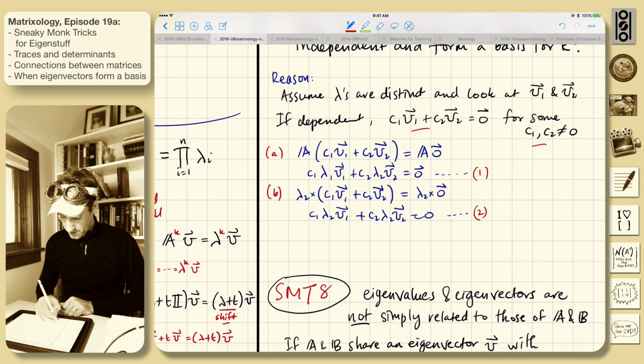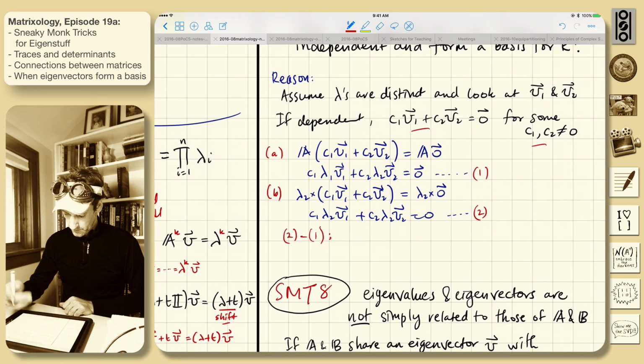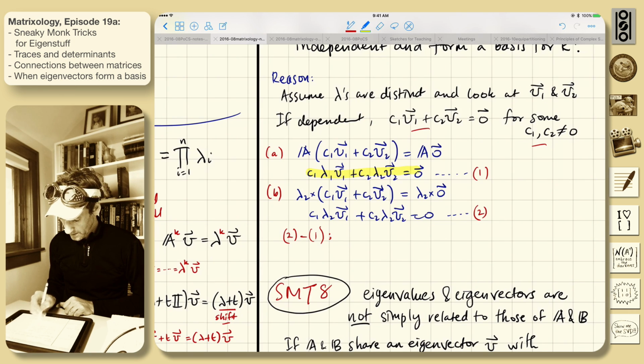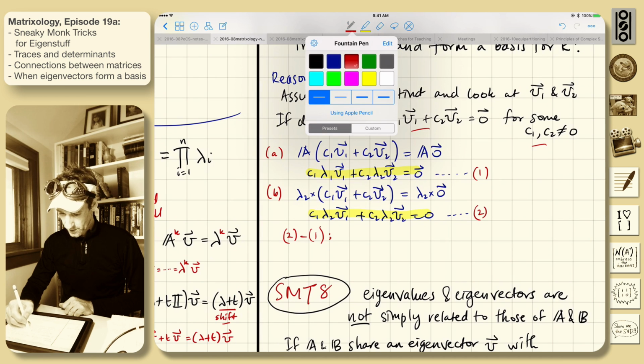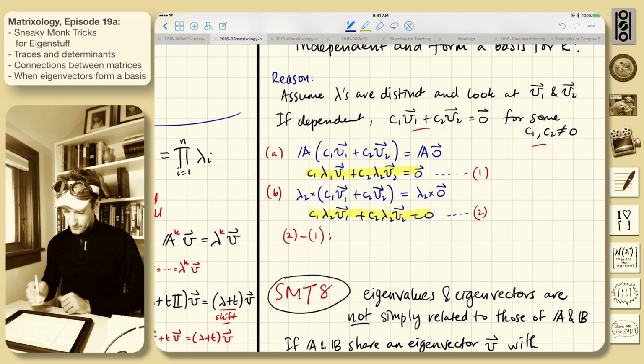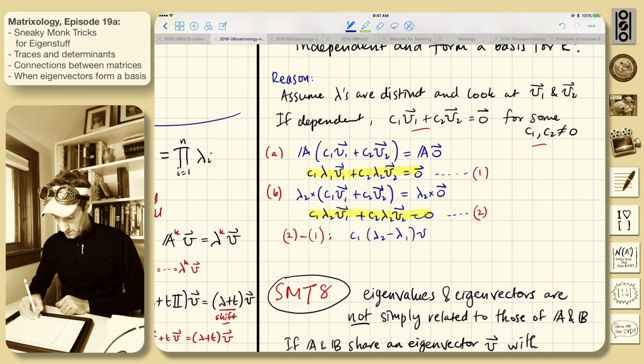So we can subtract equation 1 from equation 2. These two pieces cancel, they're the same, and we end up with C1 times the difference, lambda 2 minus lambda 1, times V1